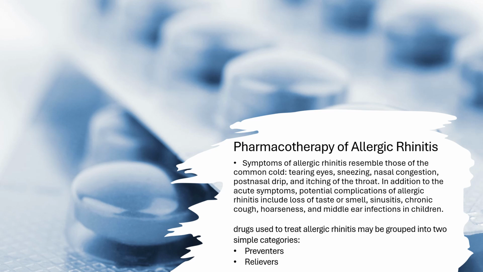Some patients experience symptoms of allergic rhinitis only at specific times of the year when pollen levels are high in the environment. These periods are typically in the spring and fall when plants and trees are blooming, thus the name seasonal allergic rhinitis. Obviously, the blooming season changes with the geographic location and with each species of plants. Now, this patient may need symptom relief for only a few months during the year.